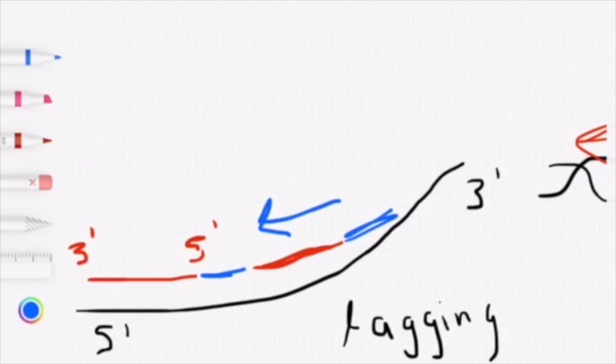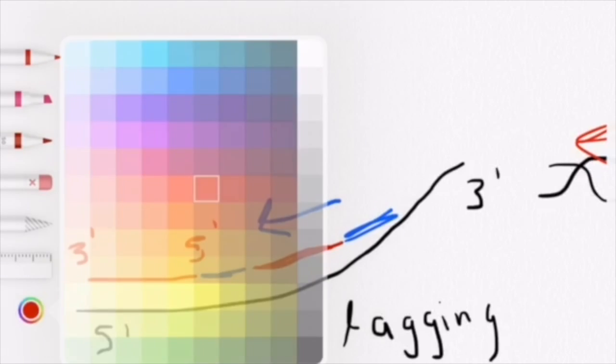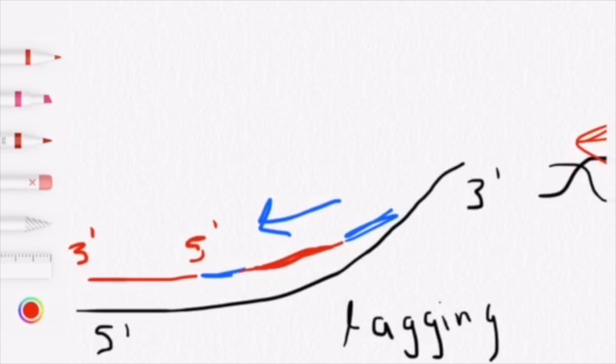Now these need to be joined together, so DNA polymerase I will come along and remove the RNA primer. However, this leaves a nick in the DNA, and DNA ligase is what is going to come along and fill this nick. So you'll have a completed